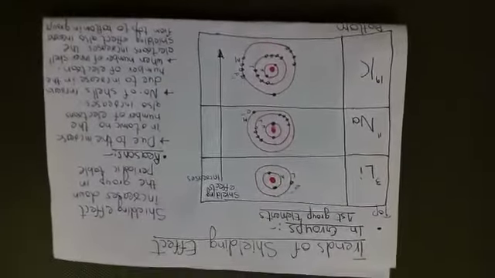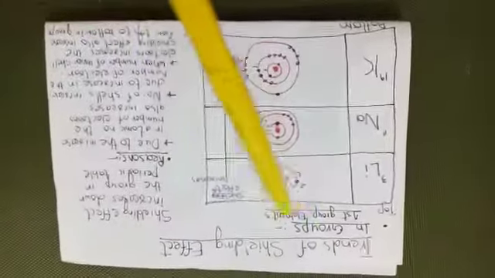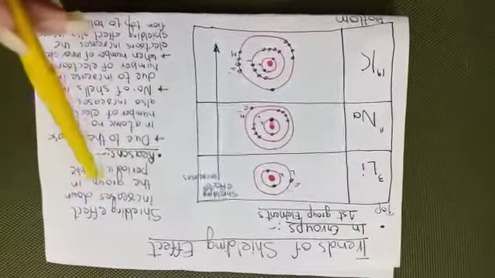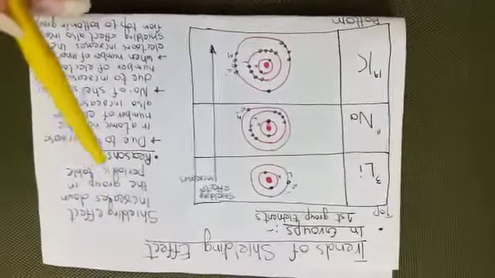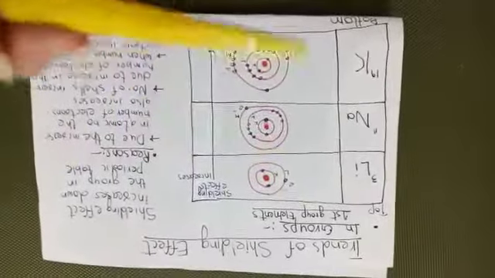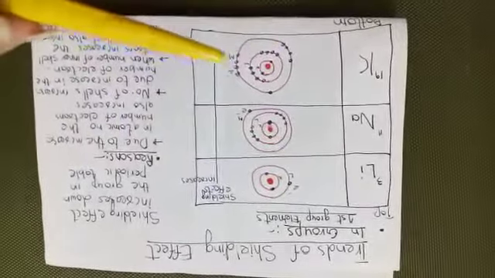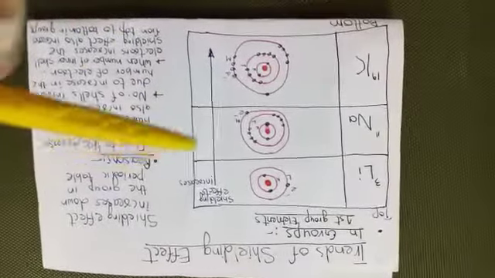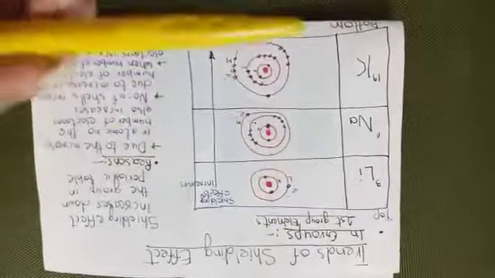Now class, come towards the first heading, in which we discuss the trends of the shielding effect in the groups. Now class, shielding effect increases down the group in the periodic table. Now class, here the question is why the shielding effect increases when we move from top to the bottom in the groups. So class, here we will discuss the reasons behind the increase in the shielding effect when we move from the top to the bottom in the group.